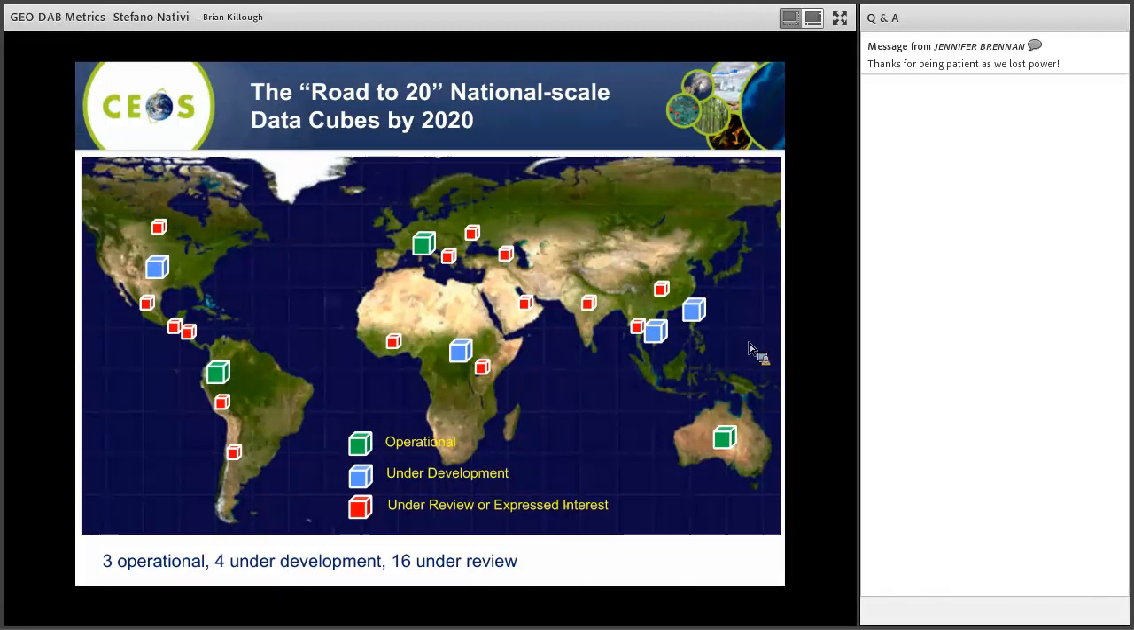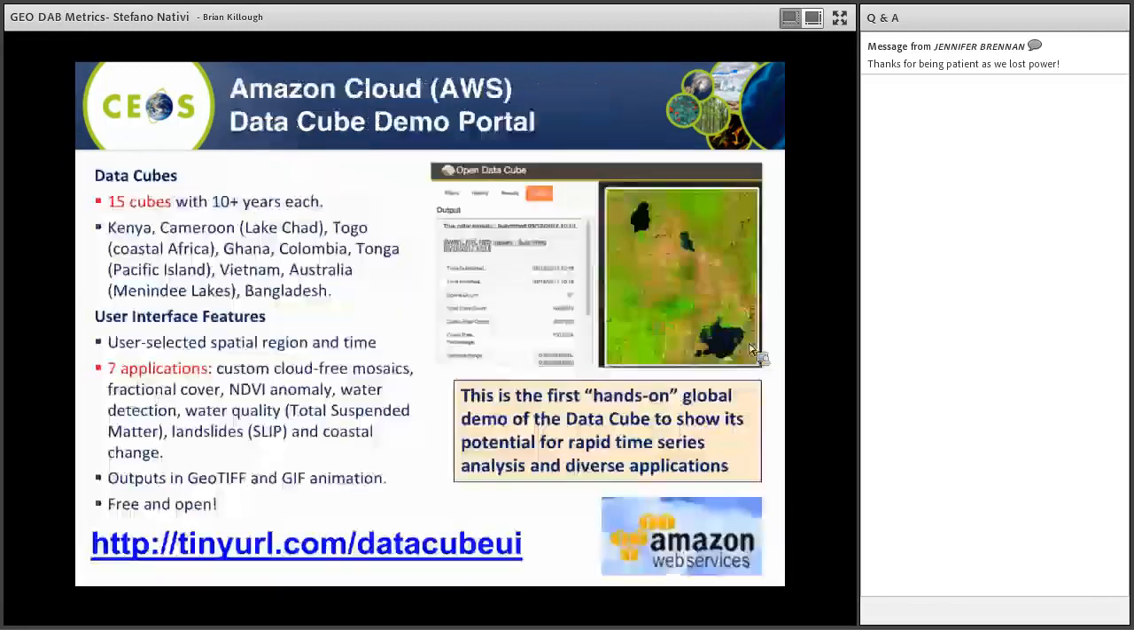So now I'll show you a little bit about what products can come out of the data cubes. We have an online tool on the cloud on Amazon right now. The URL is at the bottom, and I will repeat this at the end of the presentation. On this Amazon cloud are 15 data cubes. They're all fairly small in size, but they're meant to be that way so that you can do some rapid